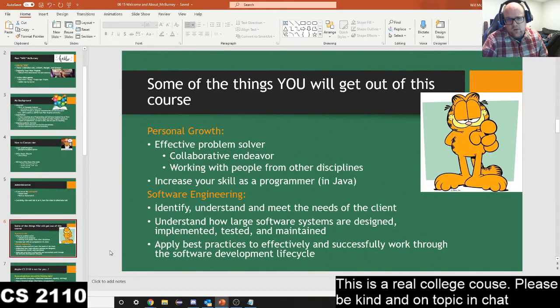Goals of the course. One of the things that we're obviously going to develop in this course is programming skills. You're going to learn the Java programming language. And a lot of times when I start talking about programming languages,